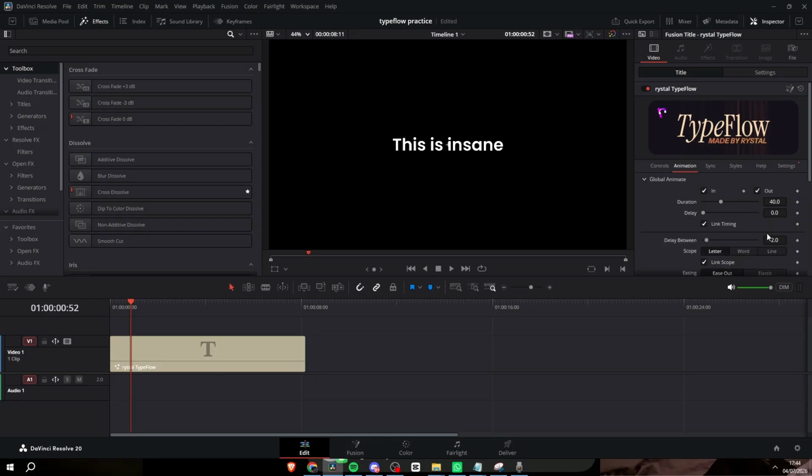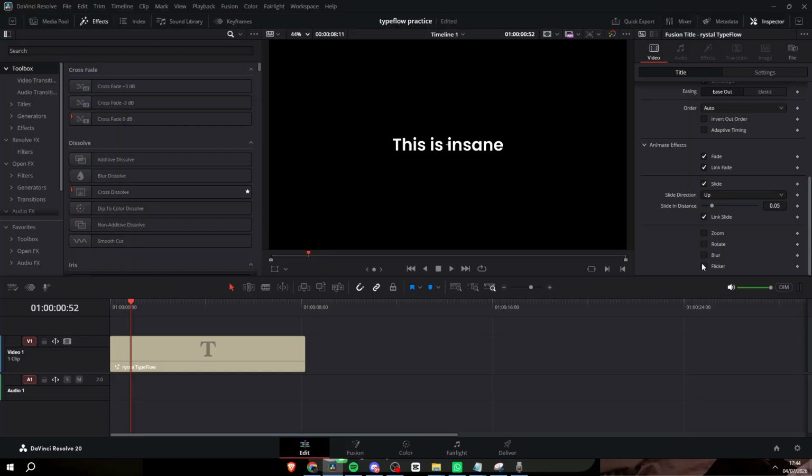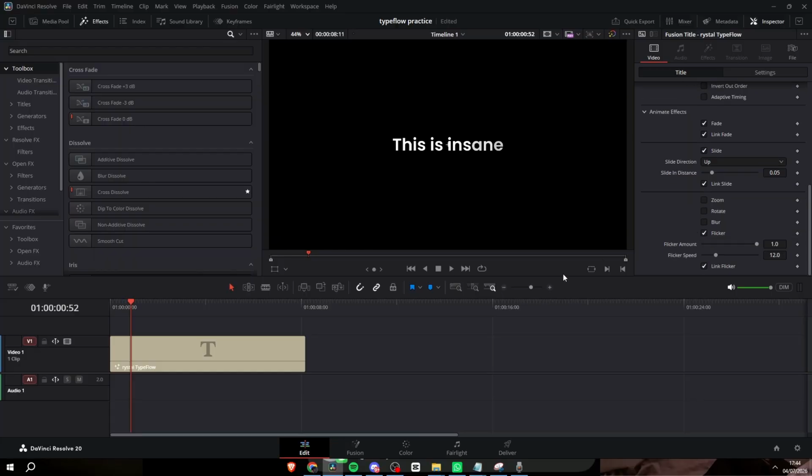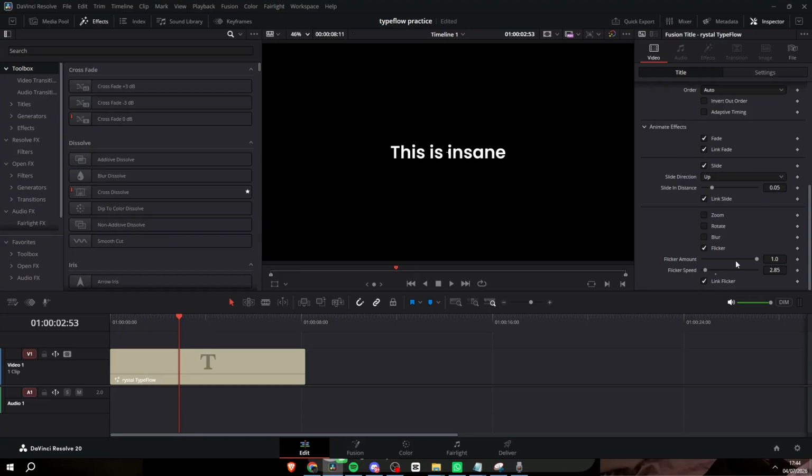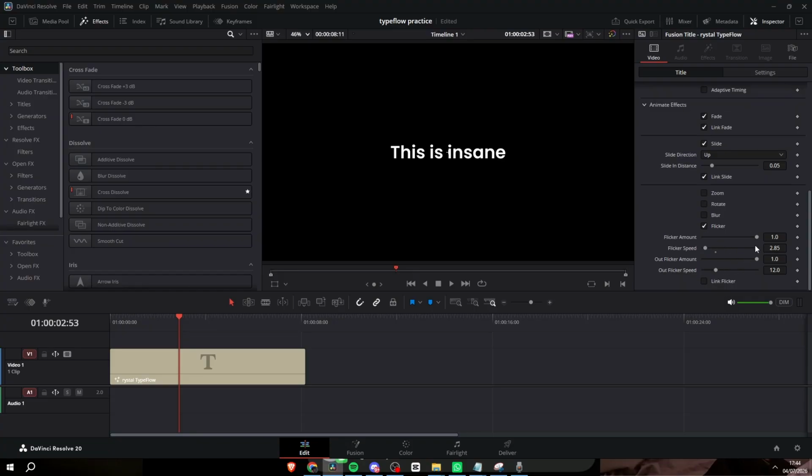But then if we go back on animation here and scroll down, the last setting we can apply is flicker. So this obviously will add a flicker to each letter. And you can decrease the flicker amount, which obviously decreases how many times the text flickers. You can also change the flicker speed, so you can make it really fast. You can also decrease this, make the flicker really slow, take quite a long time, which makes it quite unnoticeable. You can also, like the other effects, unlink this, and then you can change the flicker out